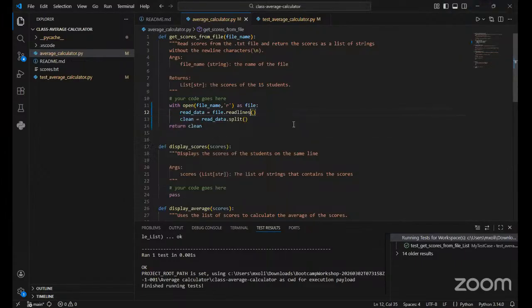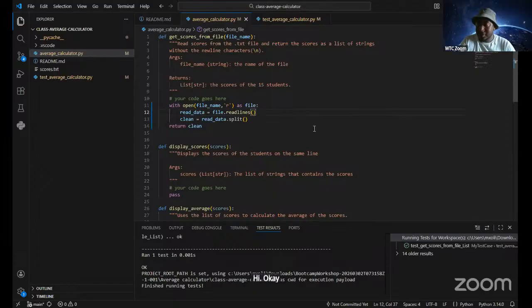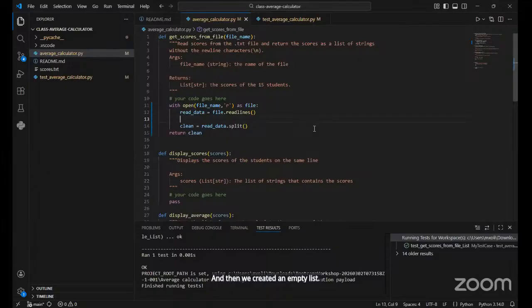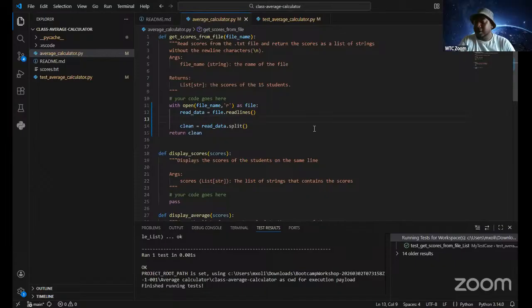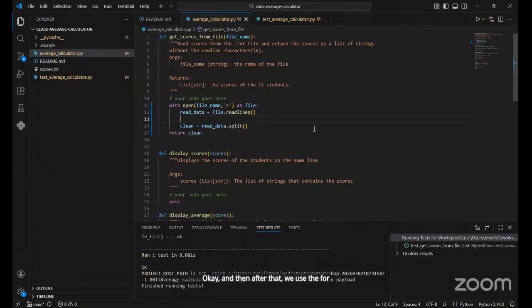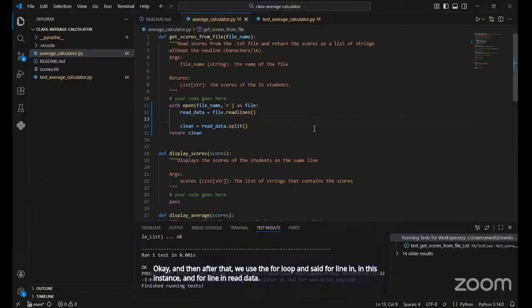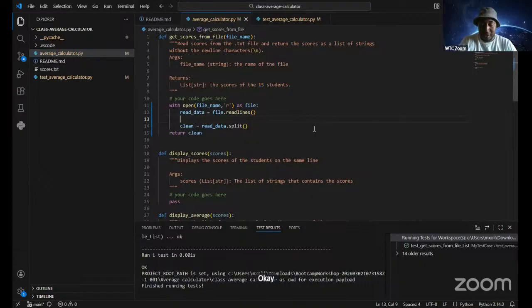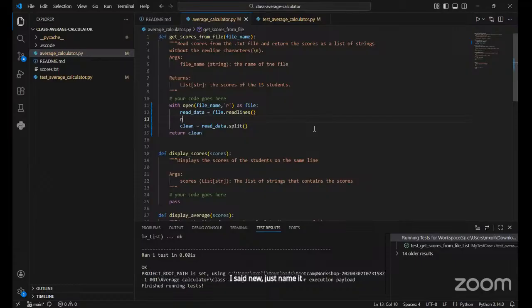And then we created an empty list. What should we name that variable? I said new, just name it new list.